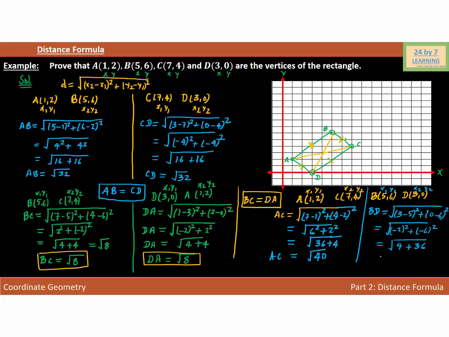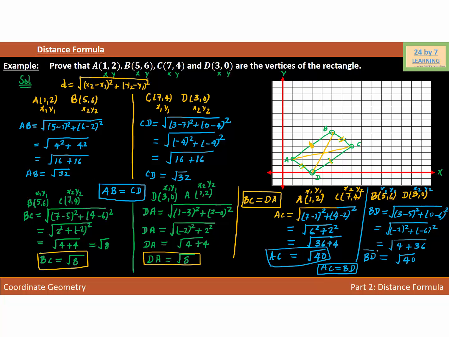So 4 plus 36 is root of 40. And this is my BD. So as you can see, my AC is equal to BD, which simply means that my diagonal AC is equal